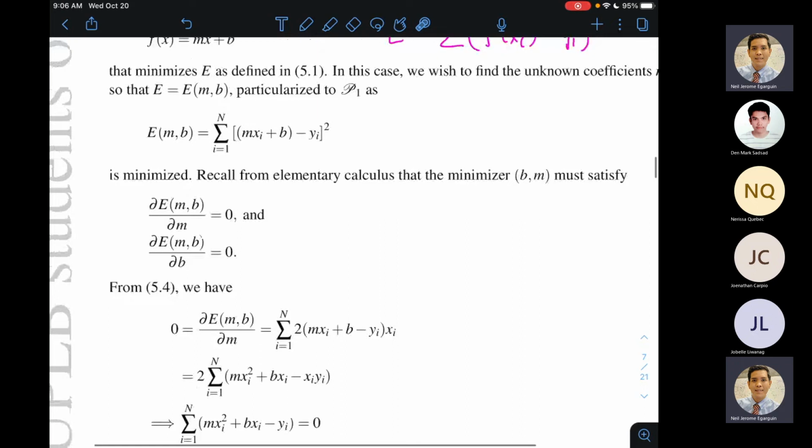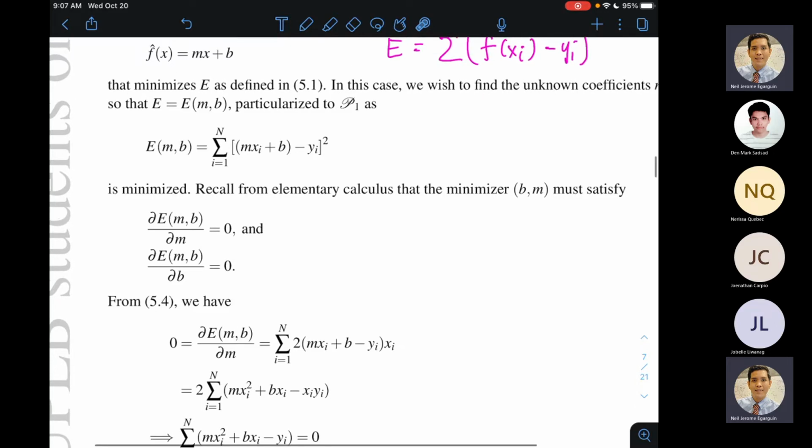And this is the sum of the squared errors, but now treated as a function of m and b. Kasi nga dito sa function na to or sa summation na to, ang hindi natin alam kung ano yung value nila ay si m at saka si b. Right? So because we know the x sub i's, we know the y sub i's, so what's left to be determined would be the m and the b's. And we will choose m and b so that this guy is minimized. And then paano nga ba mag-minimize ng function of two variables? Kasi si E ngayon ay function ng variables m and b, right? So kung matatandaan niyo sa multivariate calculus niyo, I think it's math 38,